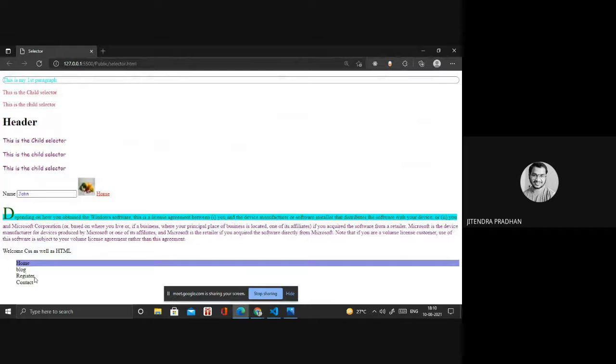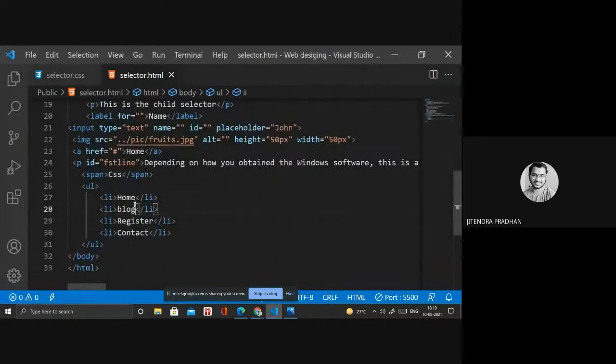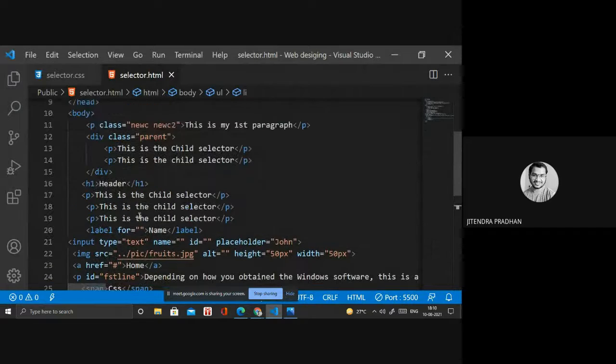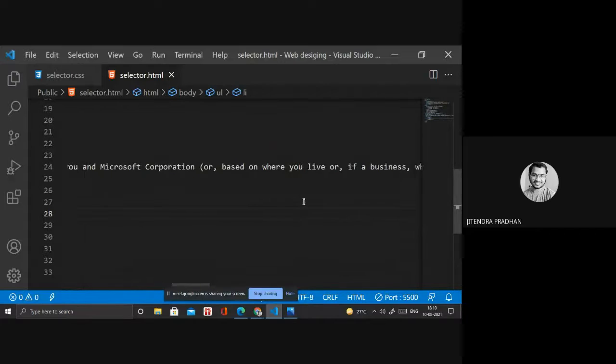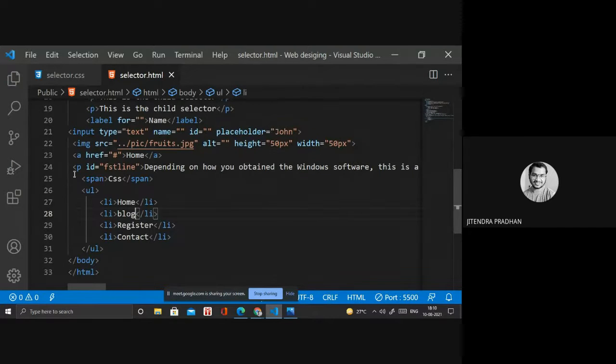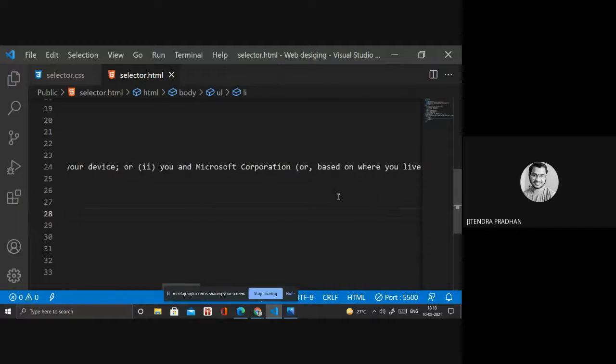I will check that first, then I will show you. I will remove all these things, then I will design a new one.